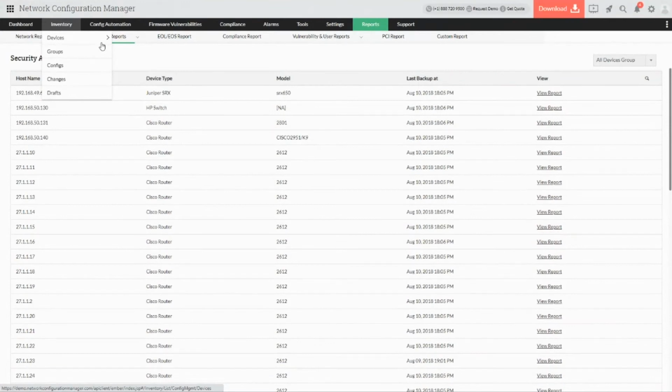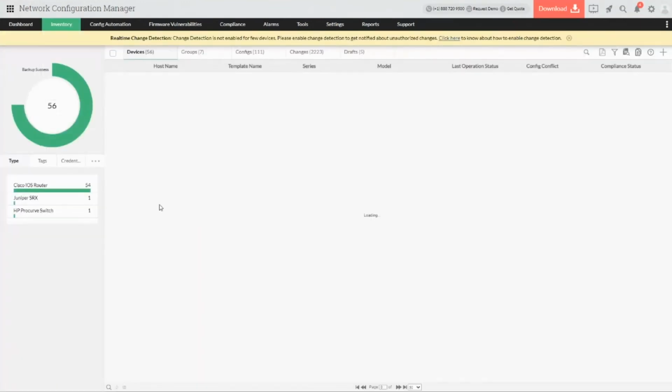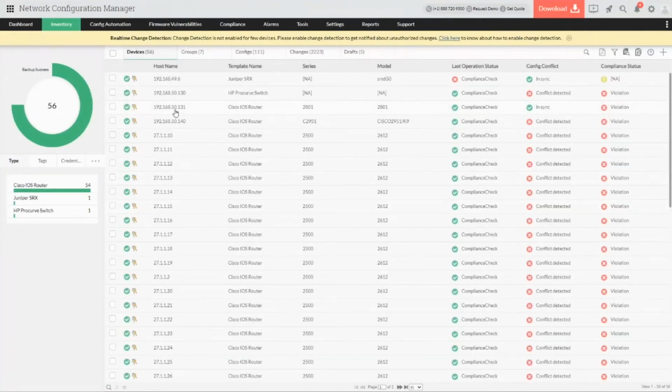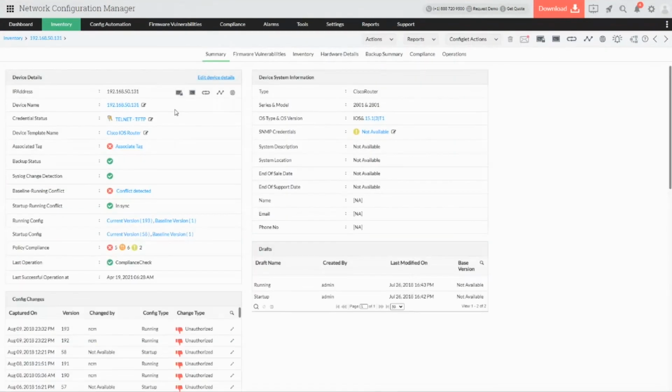So with all these various options and information, we will have a clear picture of what is happening in our network equipment and what changes are happening. And if we don't like them and if it's not authorized, we can immediately automate a process to override them and have a much more secured environment. So now let's go back to the